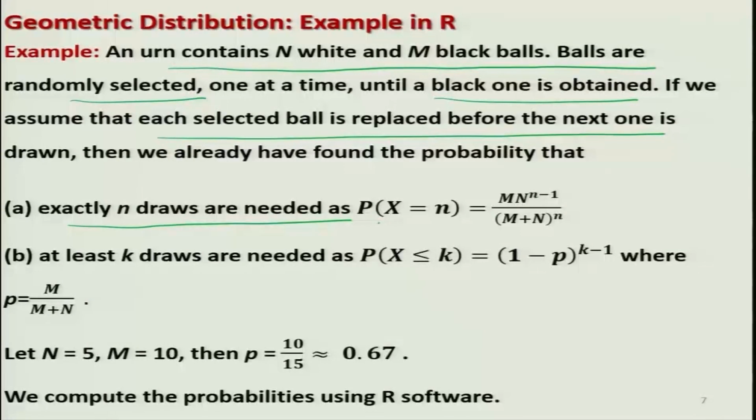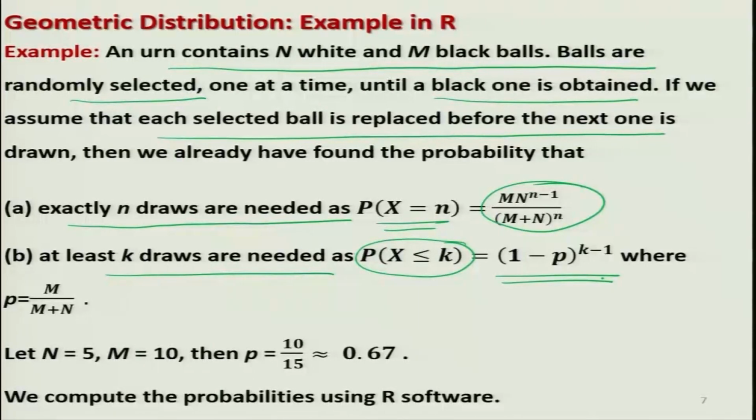So, that was probability x equal to n, that was obtained like this, and at least k draws are needed, that was probability x less than equal to k, which was obtained like this, where this p was m upon m plus n. So, now we try to choose the two values of n and m as capital N is equal to 5 and capital M is equal to 10. So, this p probability comes out to be close to 0.67,